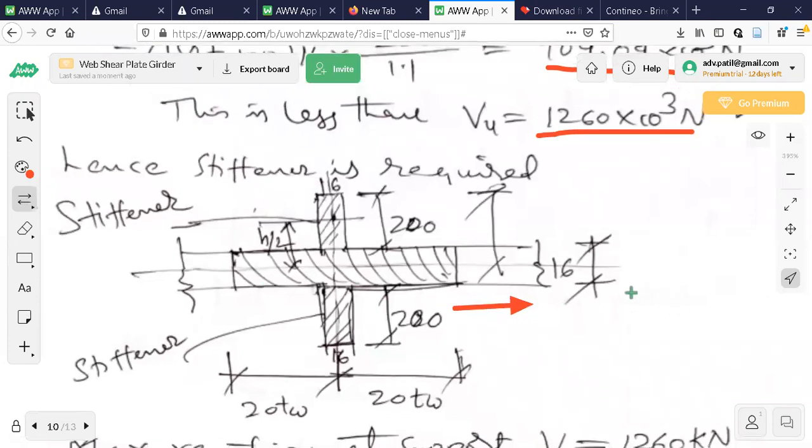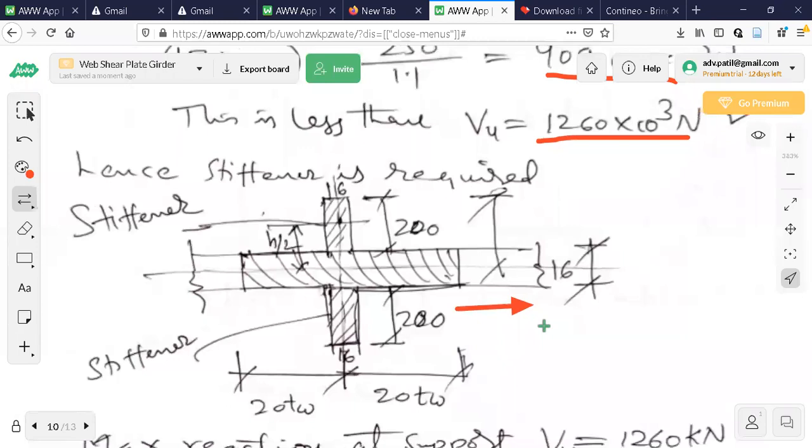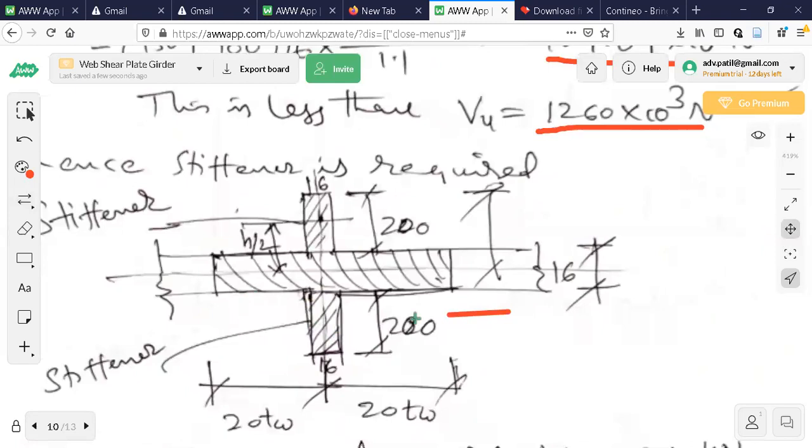Okay. Now, stiffener is nothing but two plates on either side where the shear force is maximum. It is near the support only. So these are the two plates I have to design and weld them. This is one plate, this is one plate. Sometimes single plate may also be sufficient. Normally it is not done, but in many cases that is followed. Now observe here. Is the diagram clear?